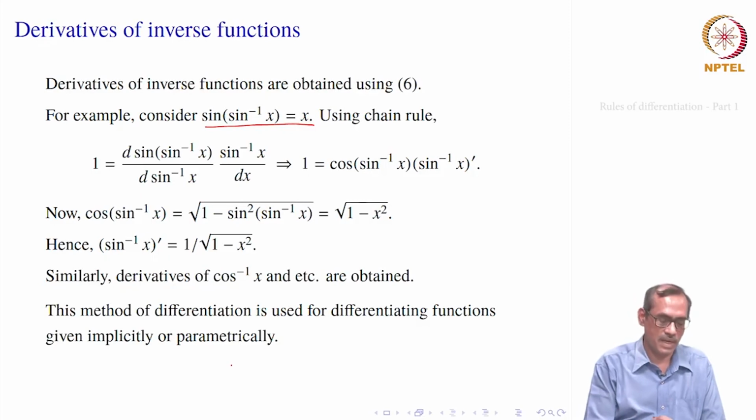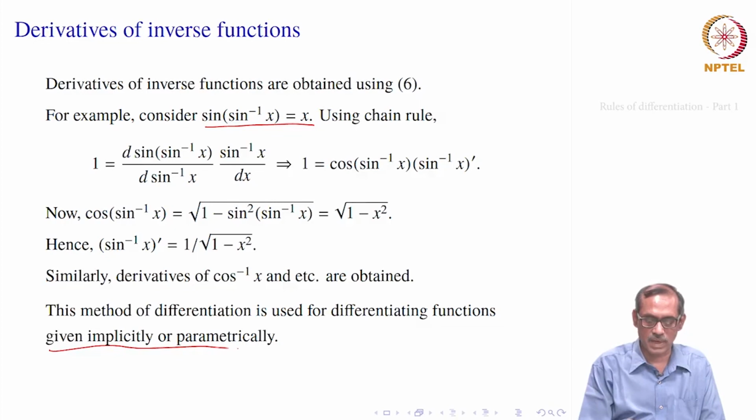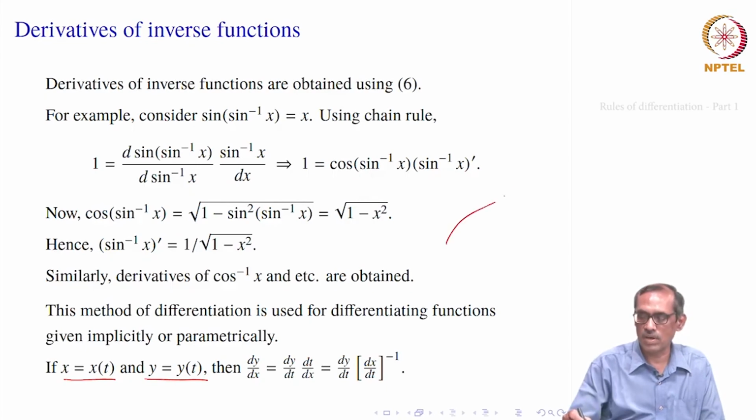Or sometimes we will be given x is a function of t, y is a function of t. So, the dependence of y and x is given through that t, that is called a parametric way of defining the function. So, either it is given implicitly or it is given parametrically. We can also use our differentiation method. So, like this one, whenever it is x equal to x of t, y equal to y of t, like some curve in the plane which may not be a function, but as t we may take time or the length of this curve from the beginning. So, if that is your t, then every point can be thought of as coordinate of x t, y t. So, there it becomes helpful.